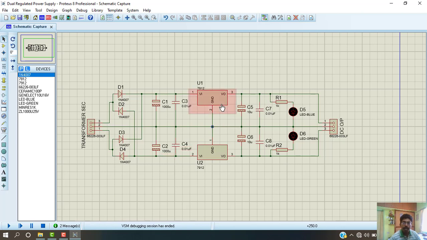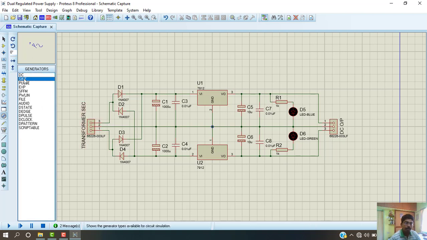Stop the simulation. You need to give the AC supply to the diode. So select the generator mode and then select sine. Take that probe and connect it to the diode.